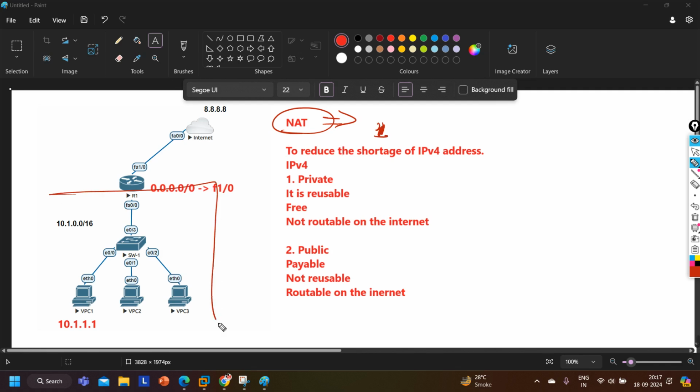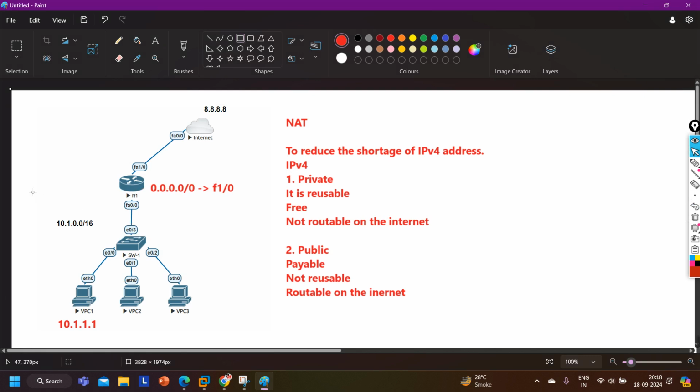And guys, inside the company I can have multiple buildings, multiple subnets, multiple departments, again the same thing. And we can translate all the departments' IP addresses into a single public IP address as well, or into a pool of public IP addresses. So we have multiple types of NAT translation. We'll see those one by one. Okay, the basic concept is clear, guys: why we came up with NAT and what NAT is. Don't worry about what NAT is, because we are going to learn that today. Why is clear? Any question on this?